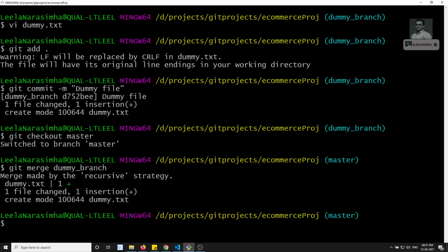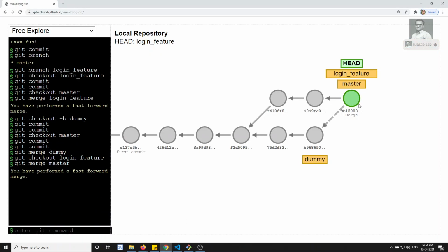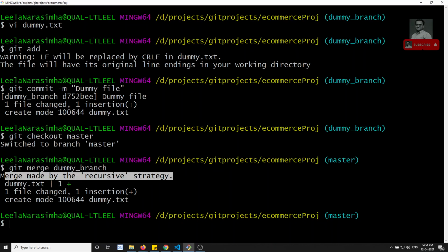So automatically it says merge made by the recursive strategy. So a new commit has been made. We have explained this, right? For this commit it has asked us to write a message, so we have accepted the automatically created message, and a new commit has been created with the merge that we did. Why? Because in the master there are changes and in the branch also there are changes. So when we merge this dummy branch into the master, these two sets of changes have to be merged into another new commit. So that is the reason.